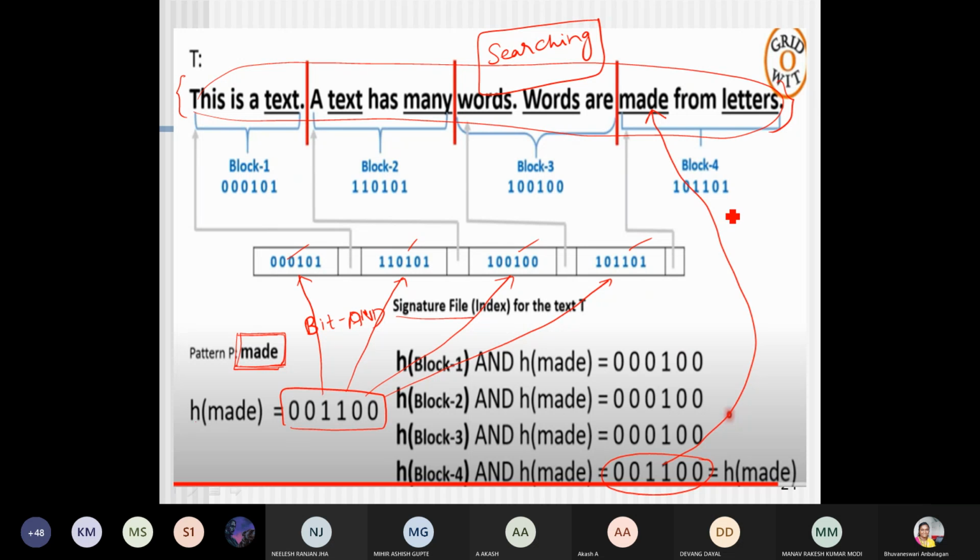In other words, if I create an inverted index, what will happen? I will have text available in block 1, block 2, and then many is available in block 2. In this way, you will create an inverted index. A word is available in block 3, 2 times, which we can write in brackets, and then made is available in block 4.